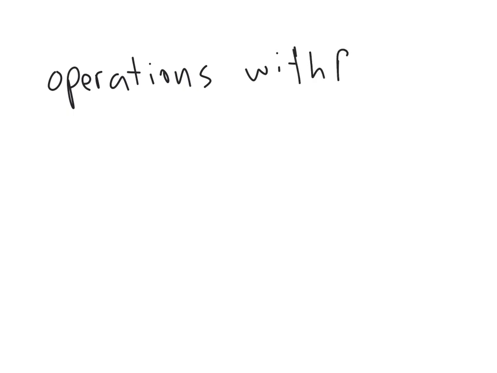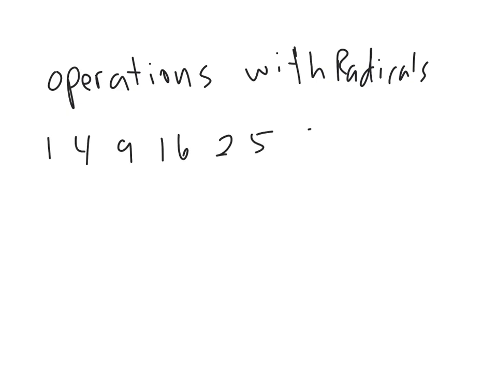Hey guys, we're going to be working with the radicals again, but we're going to do some operations with them. We're going to add, subtract, multiply, all that kind of stuff. But I want you to remember first off how we reduced them. We've done this before, it's been a while, but we used the perfect squares: 1, 4, 9, 16, 25, 36, 49, etc., right? And so if we had the radical 32,